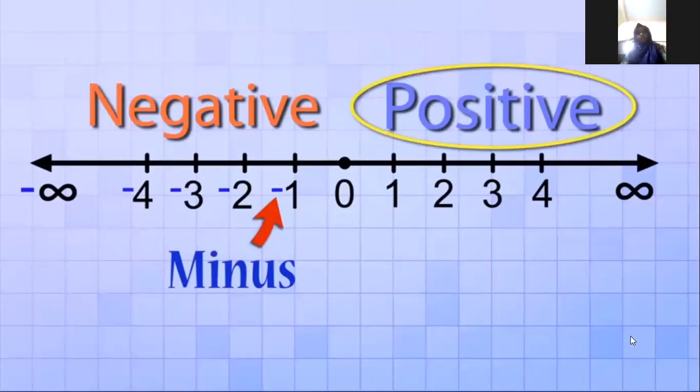Okay, now that you know what negative numbers are, we need to learn how to compare them to other integers. Remember that in math, comparing just means saying which of two numbers is bigger or smaller than the other, or saying that they're equal. And to do that, we use the greater than, less than, or equal signs. You're probably already pretty good at comparing positive integers.